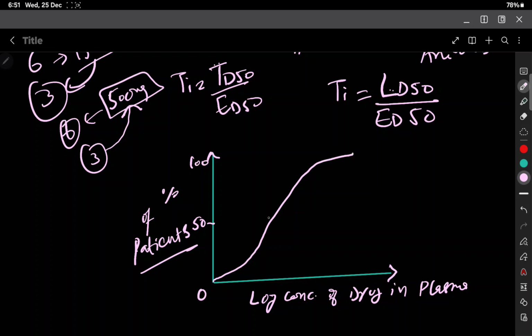Okay, and here at the 50%, this will be this one. If I interpolate this, it will be ED50, so effective dose 50. So at this dose of the drug, in 50% of the population it shows the effect. So that one is called the ED50. Now for example, at a particular point, for example here